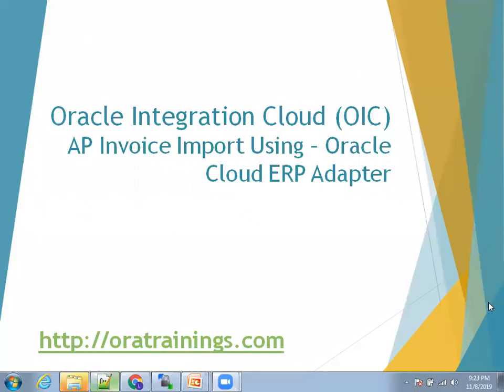In this session, we'll discuss how to import AP Invoice using Oracle Cloud ERP Adapter. In my earlier sessions, you would have seen that we can import AP Invoice using either WebBDI, web services, or the FBDI approach. So in this particular session, we'll discuss how to make use of the Oracle Cloud ERP Adapter in OIC